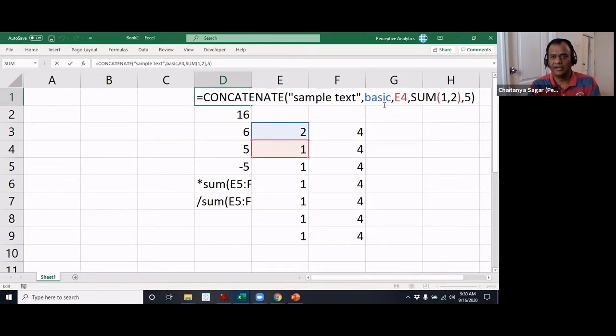Then you'll be able to correlate which cell is which by color. For example, you can see this is basic, and we know this is basic, so it will highlight the cells in the same color and the text in the same color, so that you can easily relate the formula.